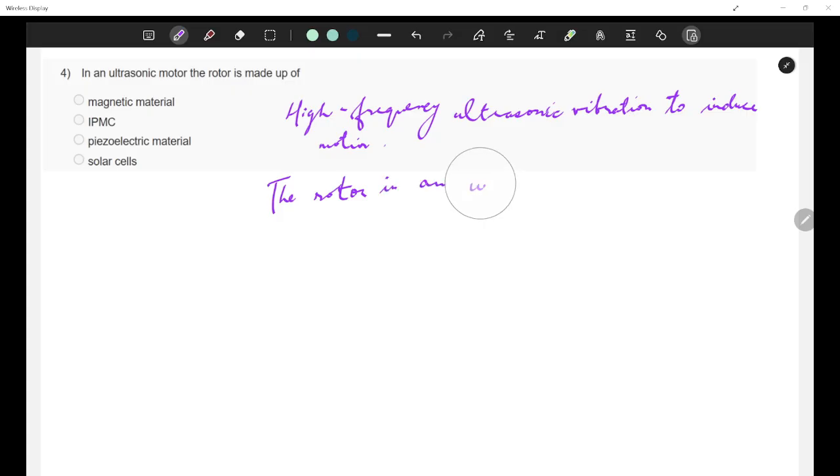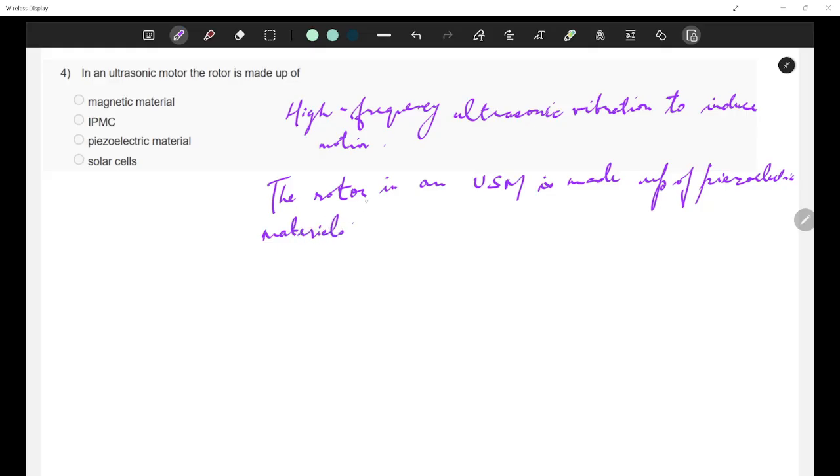I'll write, USM is made up of piezoelectric materials.